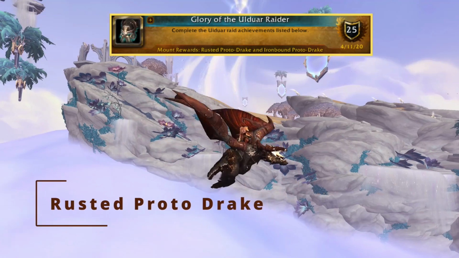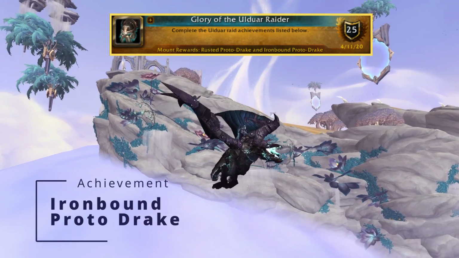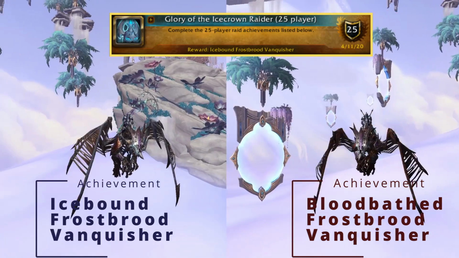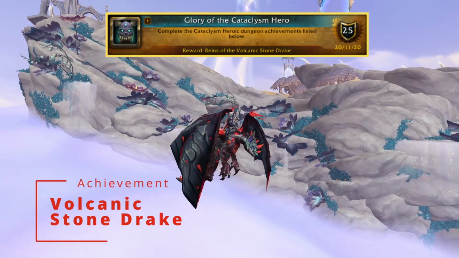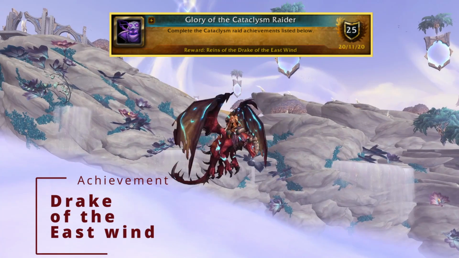Next up, we have the Rusted Proto-Drake and the Ironbound Proto-Drake from Glory of the Ulduar Raider. Then we have the Icebound Frostbrood Vanquisher and the Bloodbathed Frostbrood Vanquisher from Glory of the Icecrown Raider. We then have the Volcanic Stone Drake from Glory of the Cataclysm Hero, the Drake of the East Wind from Glory of the Cataclysm Raider,